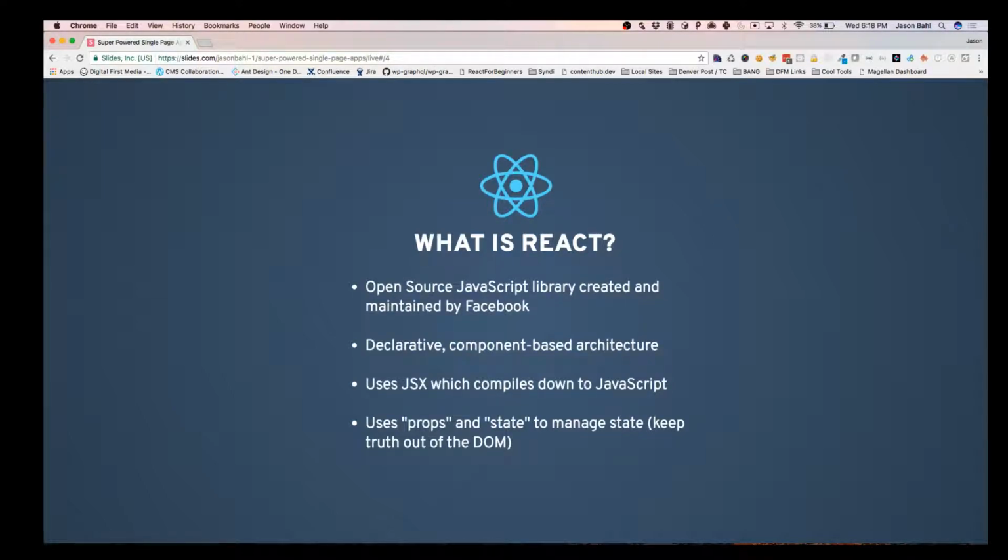Most people are somewhat familiar. Okay, so I'm not going to get too much into it, but it's an open source JavaScript library created and maintained by Facebook. It's a declarative, component-based architecture. It uses JSX, which compiles down to JavaScript. It uses props and state to manage